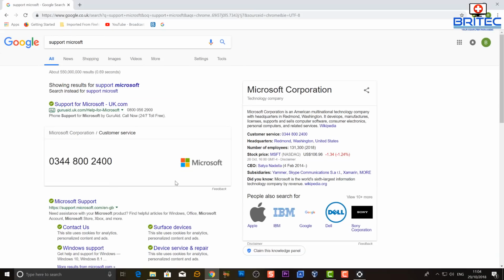Now you may be thinking, yeah, okay then, well, we can check this company out. We go on Google and we type in there support Microsoft, and guess what? Support Microsoft will come up with support.microsoft.com, and it's got all the green ticks and it's a legitimate site. So you're really pulled in hook, line and sinker, and really on the other side you have got a scammer